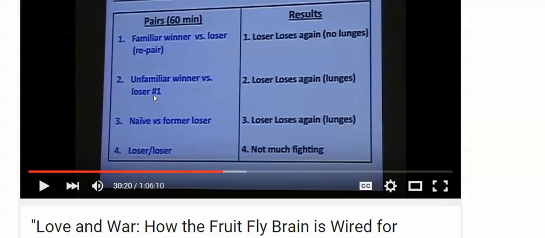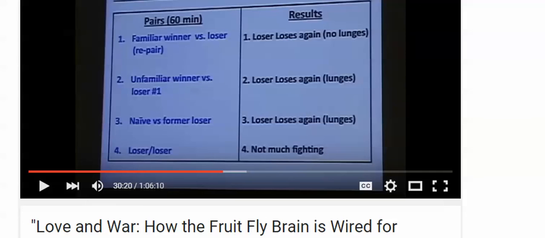But even if a loser was fighting someone that they didn't know had won before, the loser still loses. Is a bit more active, does the lunges against the winner, right? But still loses. So the reason why I will be talking with you about the achievement-based model of teaching, which focuses on achievement, is because you can see how teaching which doesn't problematize the concept of achievement or the feeling of achievement, willingly or not, is setting up our students for failure,